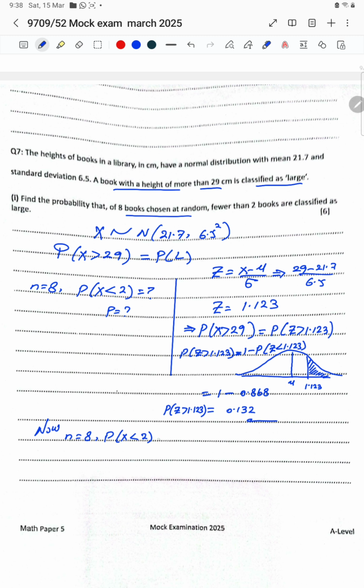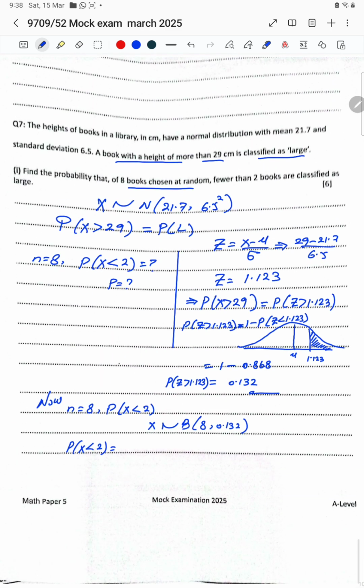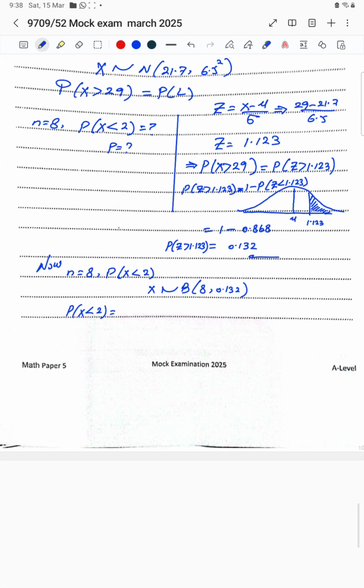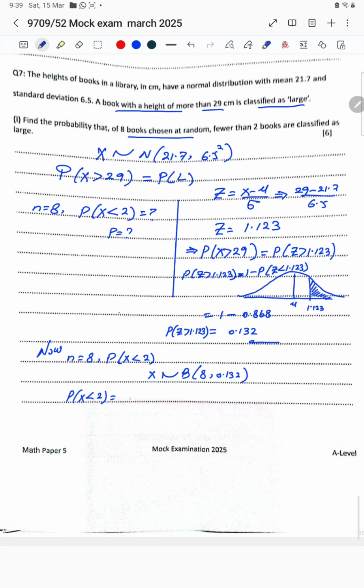That means two books are classified as large. So this is going to be the binomial distribution, with n is 8 and p is what? p comes to be 0.132, right, for large. So that is the probability of x is less than 2, that is the probability of,